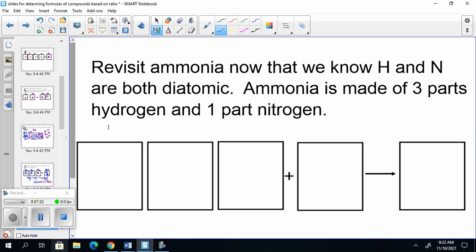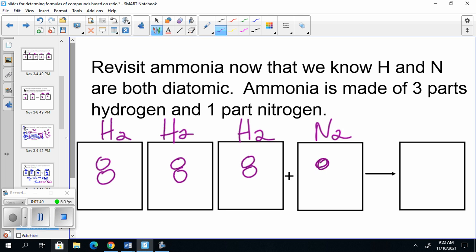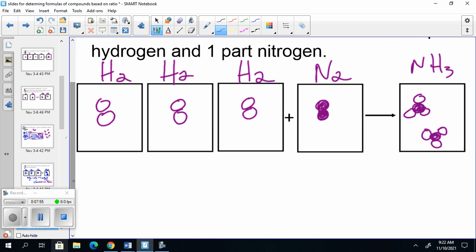So we know that ammonia had 3 parts hydrogen. So let's do H2, H2, H2. Nitrogen's also diatomic, so N2. So 1, 2, 3 of these, and 1 of these. Each N takes 3 H's. There's another N, 3 H's. So this was NH3. And my formula, because I got to write the formula underneath, I have 1, 2, 3